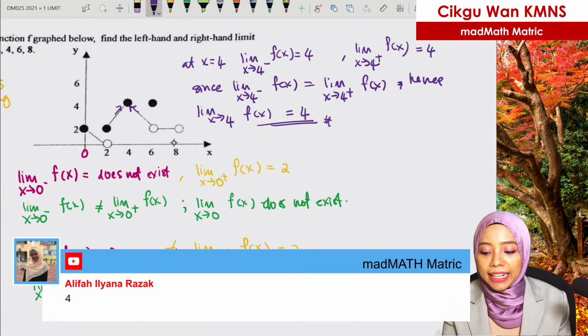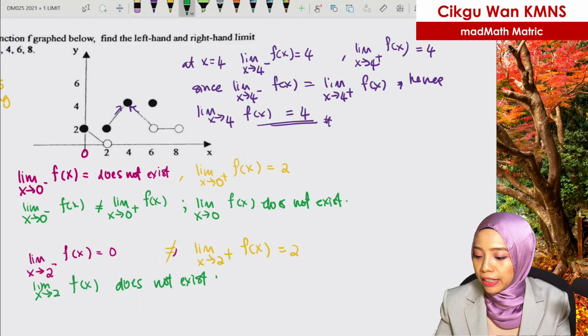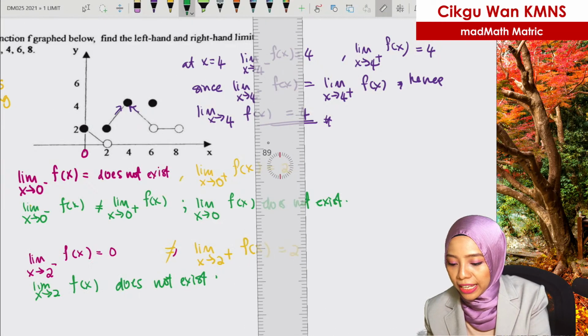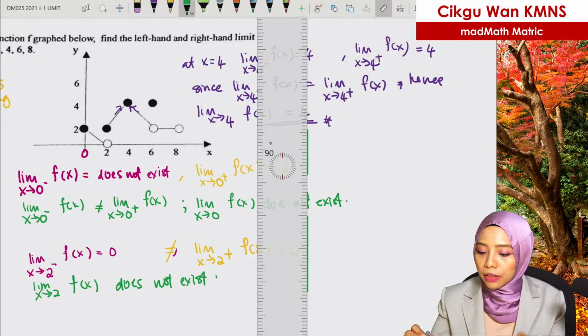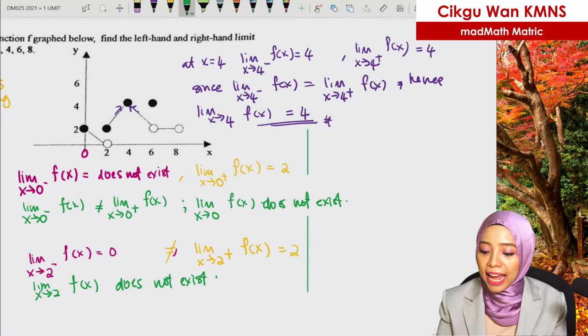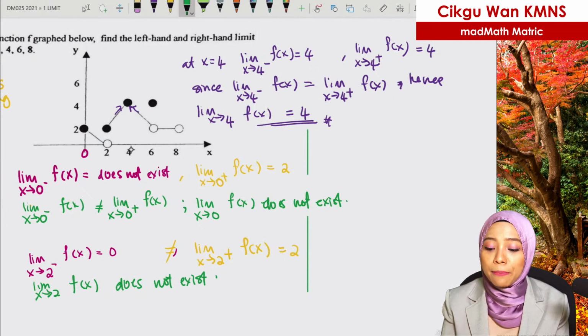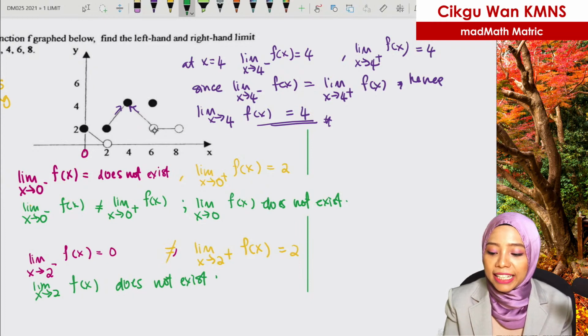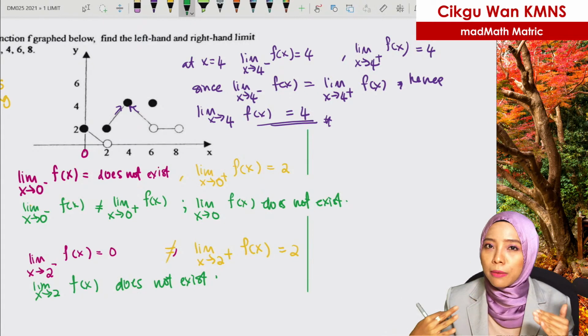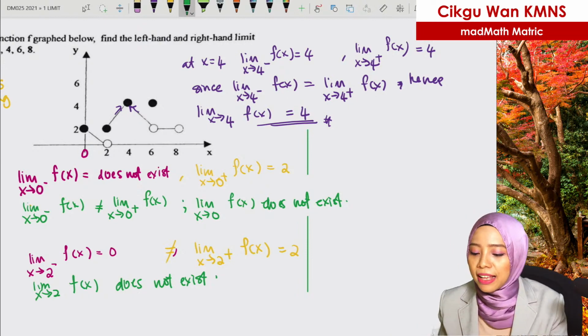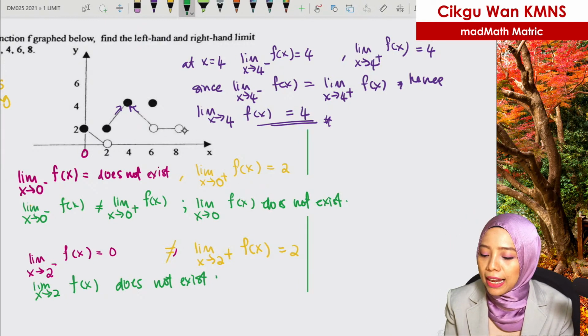And how about 8? What happens at 8? Okay, I will do the last one, 8. I am interested in doing this 8 because basically at 6 the answer is the same as at x equals 4, regardless of whether the dotted point here is an empty circle and here is a dense circle. Because again, we don't care about the values at that point. We just care about the values that are approaching from the right and approaching from the left. Okay, what happened at 8? At 8, from the right, will there be a value or not?